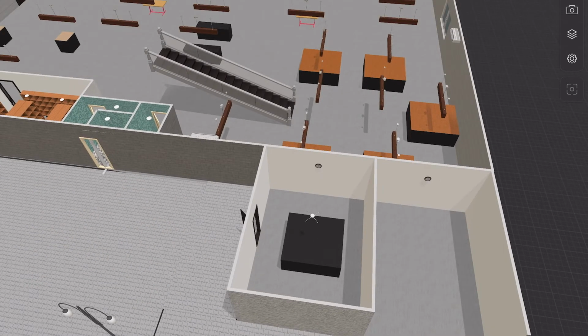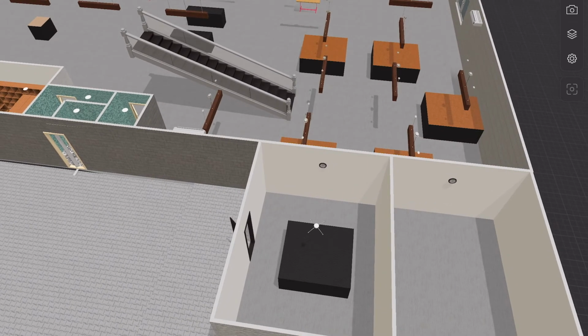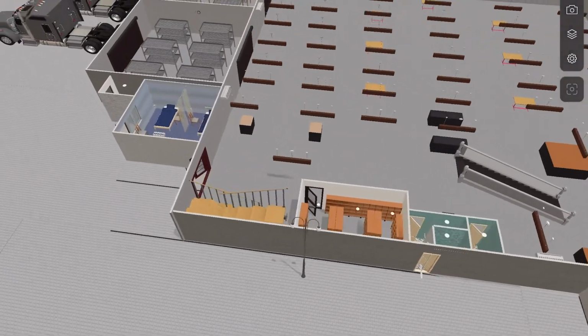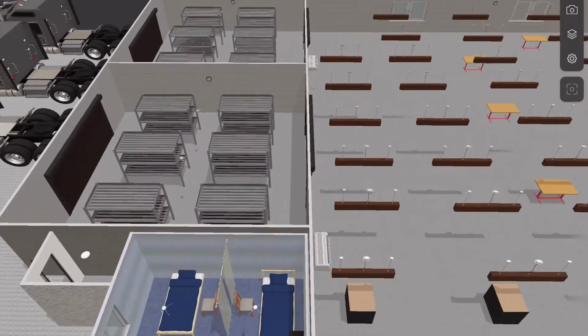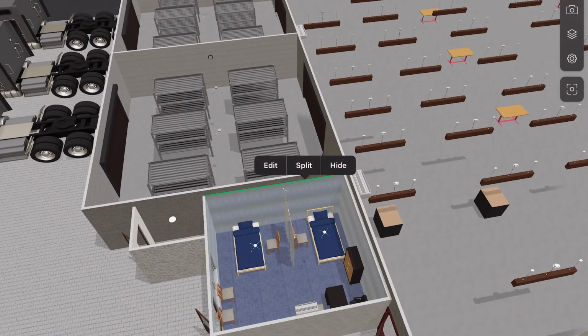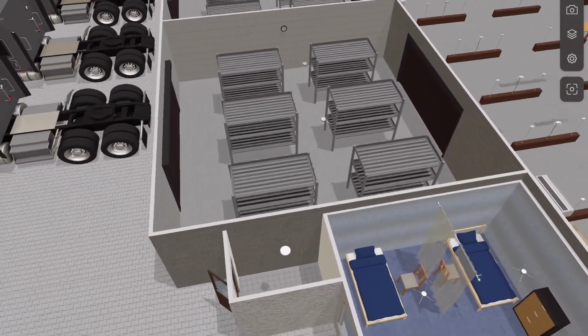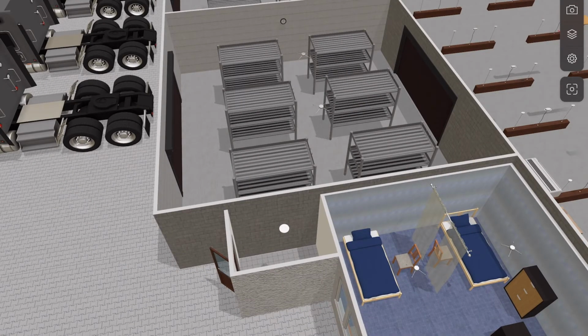Then this is a waste room and a generator with an area of 27 meters. Then this is the health room. There are 2 rooms along with meters with a total area of 12 meters. Then this is the janitor room with an area of 4.5 meters.